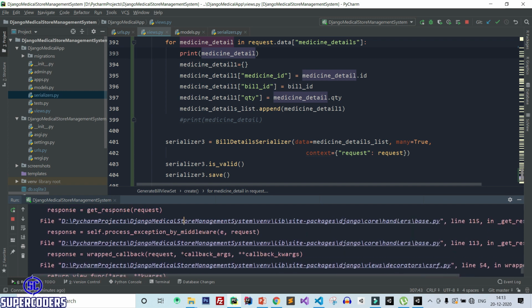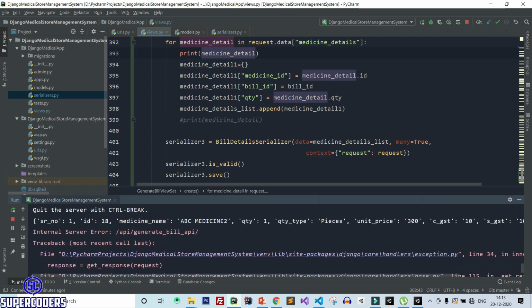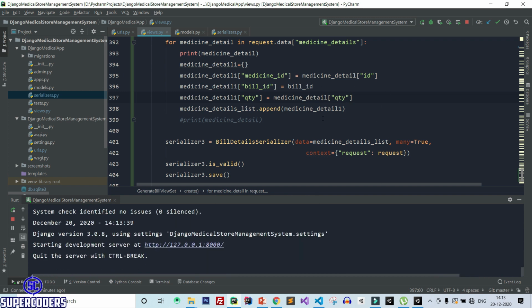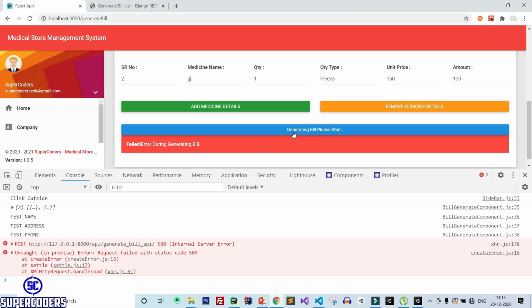So here let's see what we are getting, and here you can see serial number ID we are receiving. So do one more thing, instead of this, access like this. Now save it. Sometimes it will not work as a dot because it is an object. Let's see, now it will work, I think.